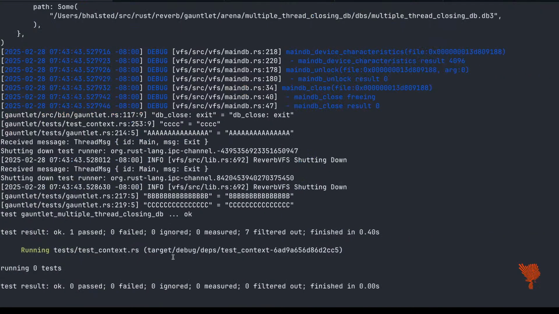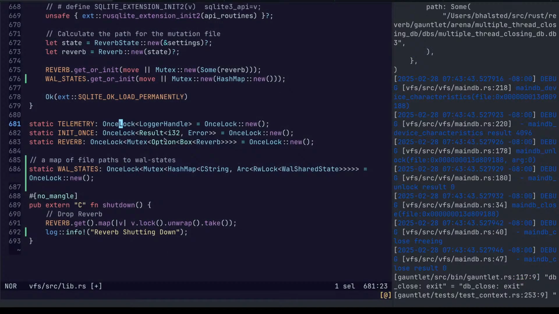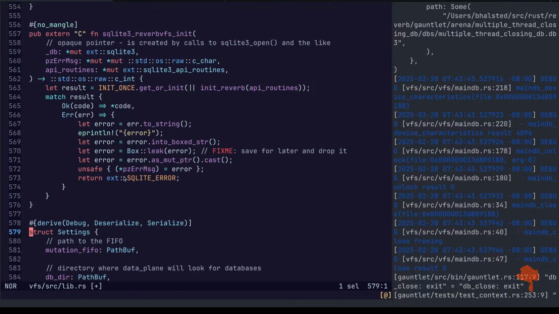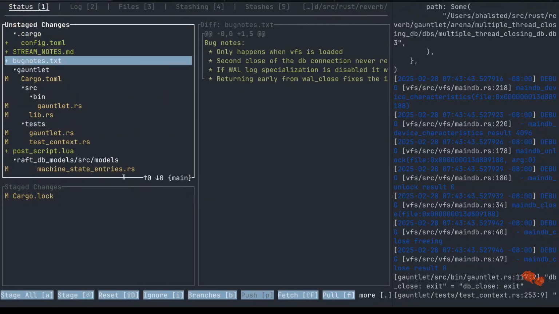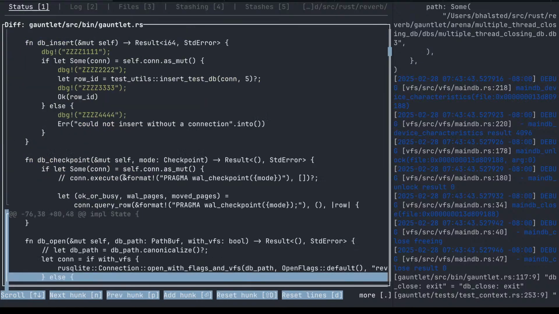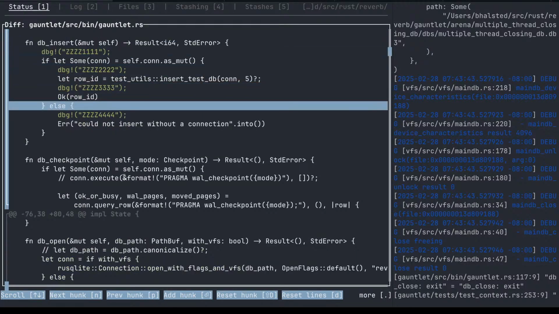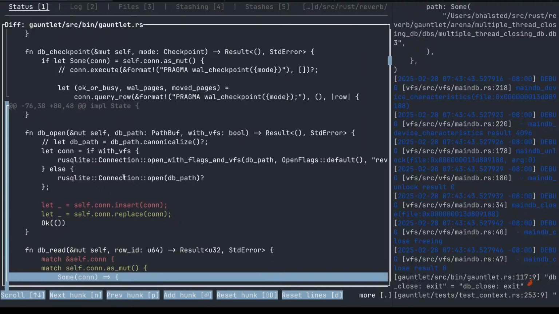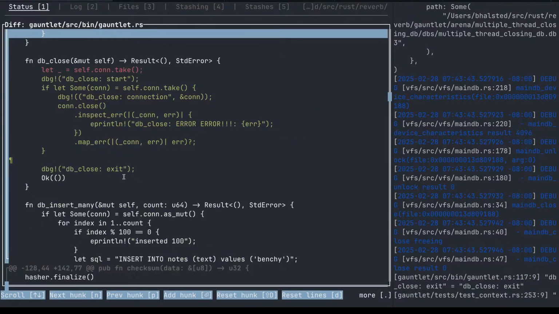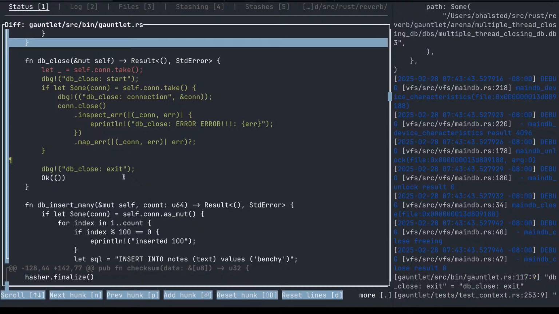Okay. Well, let's go into what I found last night. And I want to check something. I just want to make sure. Yeah, just some logging.